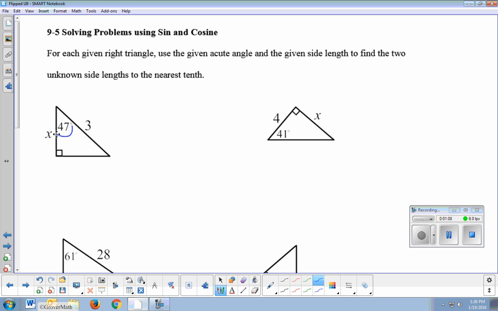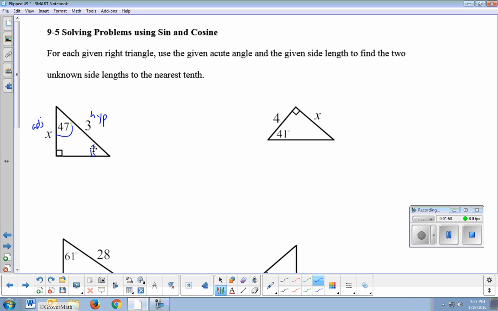So what we need to do to solve for x here, see what we have. We have an angle of 47. We have a hypotenuse that's a length of 3, and I want to find the side length of x. One thing we need to note is, what could I call this side? Is it the opposite side? Is it the adjacent side? Is it the hypotenuse? It's obviously not the hypotenuse. There's only one of those. So is it opposite or adjacent? Well, it depends on what angle I'm working with. If I were working with this angle, it would be opposite. If I'm working with the angle I have, 47, it's adjacent. And so I'm going to use adjacent for this side's title